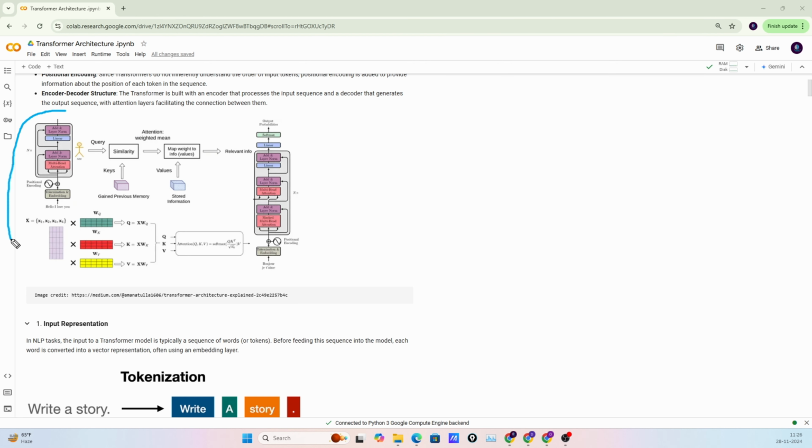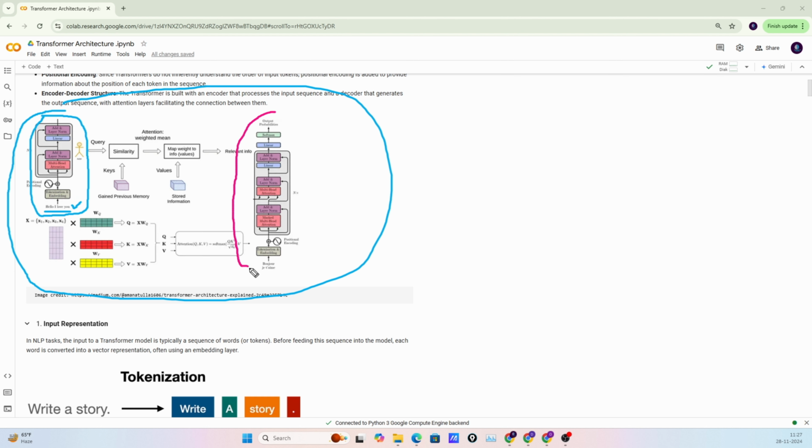This is the high level overview of the transformer model. Let me start from the input. So here is the input. This sentence is the input, hello I love you. This sentence is the input to the encoder part. This section is the encoder, this one is the encoder, and this one is the decoder. So the original transformer architecture has one encoder layer and one decoder layer. Then they have a stack of the same, multiple encoder and multiple decoder layers. But this is the original transformer architecture.